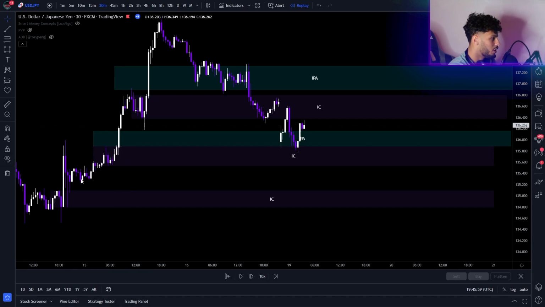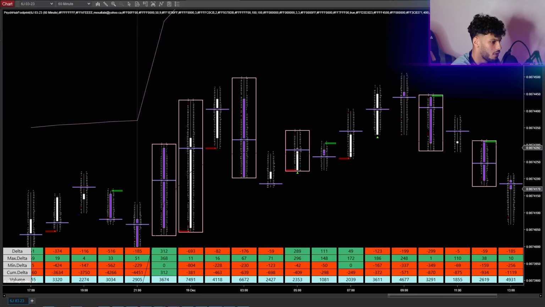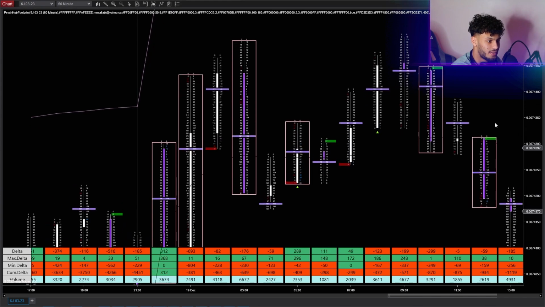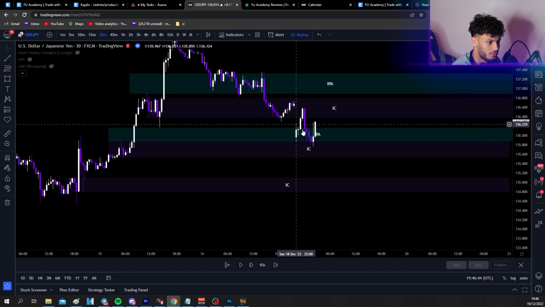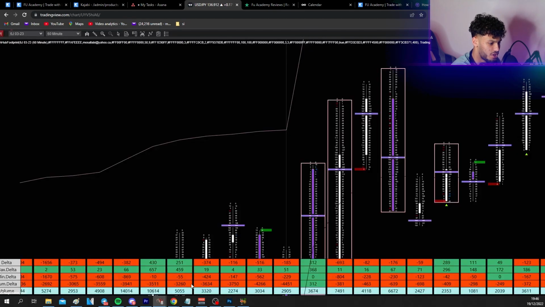So what we do now is we end up pulling up the order flow footprint. So now as I pull up the footprints chart right here, okay, what can we see? This candle right here is as we tap into the zone. Okay, so if I remove it here really quickly, this is as we tap into the zone. As we tap into the zone, this is the candle. So when I bring back the footprints chart right here real quick,